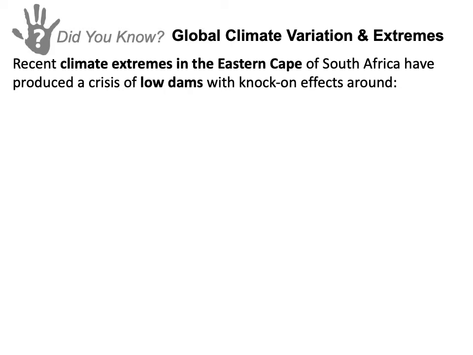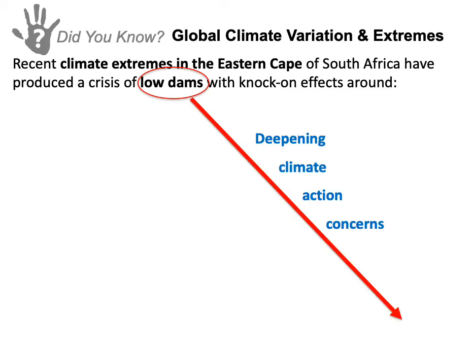And recent climate extremes in the Eastern Cape have produced a crisis of low dams with knock-on effects around the drought conditions. So we're starting to get a deepening of climate action concerns. And this occurred, first of all, with the Makhanda water shortages because of the low dams, the low water quality